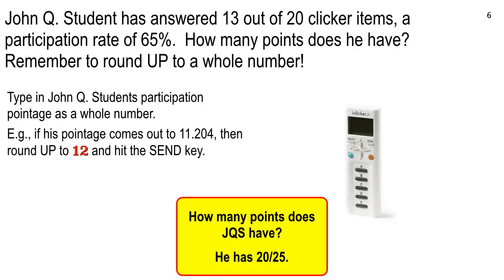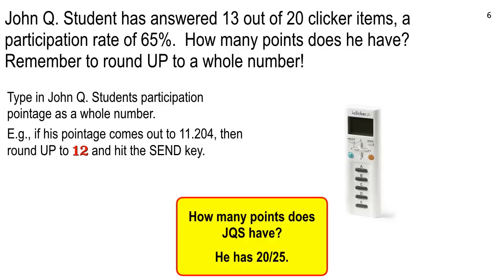All right. And you guys that typed in 19, you did a math department round off, not a Dr. B participation points round off. I always round up, no matter what the decimal fraction is. Okay. And this one I definitely chose 13 out of 20 because I knew it would be 19 point something that tempts you to round down to 19. It looks like I caught a few of you napping on that. Keep your clickers out. We're going to do some more clicking.